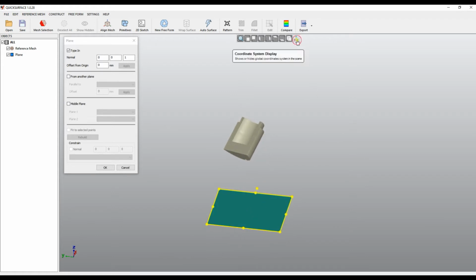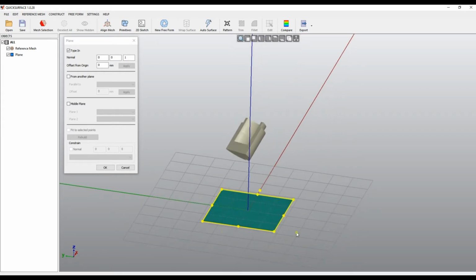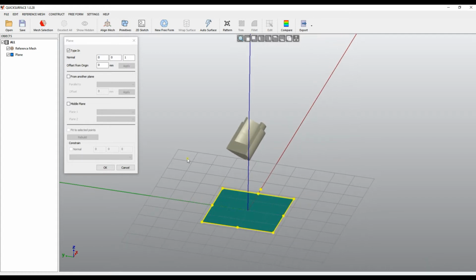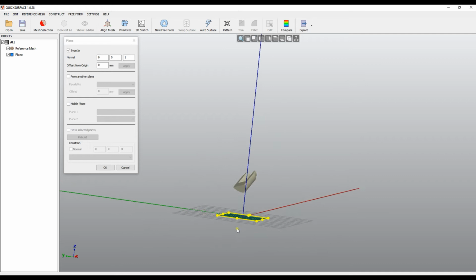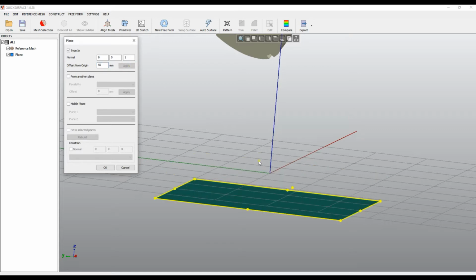If we take a look at the coordinate system, this is the plane which lies, and it's identical to our bottom plane, which in terms of mathematics is our OXY plane. This is what we call the type-in way of creating the plane. So the user can change the orientation of the plane, or offset it from the origin. In this case, if we just type in 50 millimeters and press apply, it will move down. If we press minus 50,